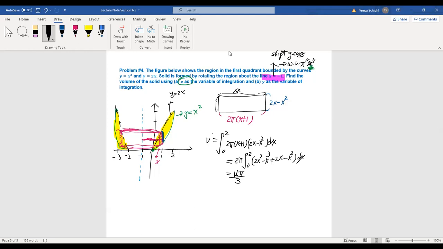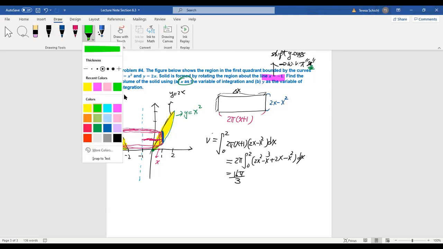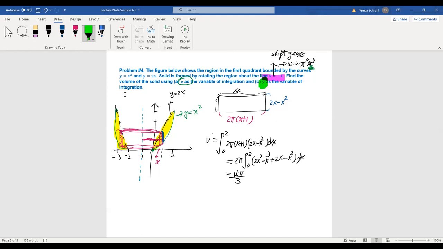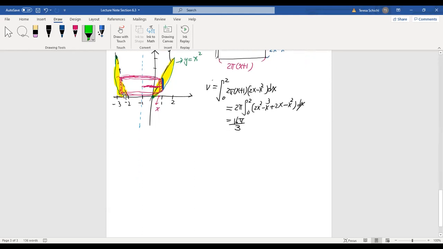Okay, now let's take a look at the second part, which is very interesting. They say, how about taking y as the variable of integration? If you want y as the variable of integration, I would need to use the disk method instead of the shell. So let's redraw this picture. This is 1, 2, 1, 2, 3, 4, 1, 2, 3, 4, and this is my new axis. It's the same thing here. So this is 1, 4, and this is the